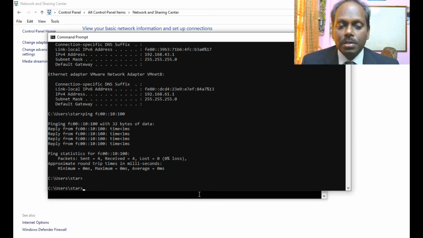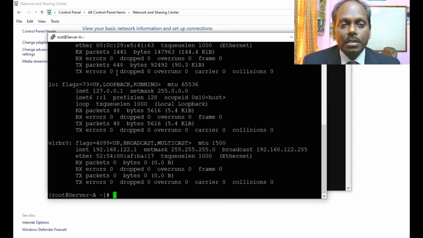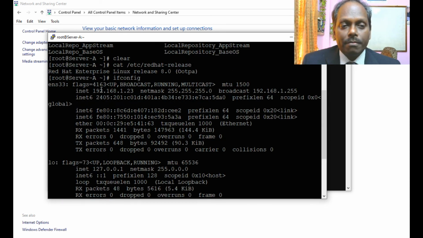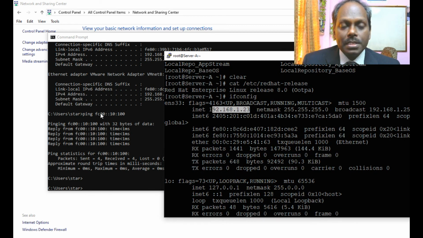For this I am using a Red Hat Linux server. So this is my Red Hat Linux server. I will try to configure V4 as well as V6. Presently, when you say ifconfig, you can see only V4 is configured, that is 192.168.123. What I will do is configure the address FC00::10:101.